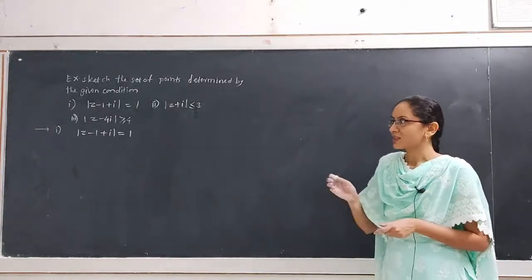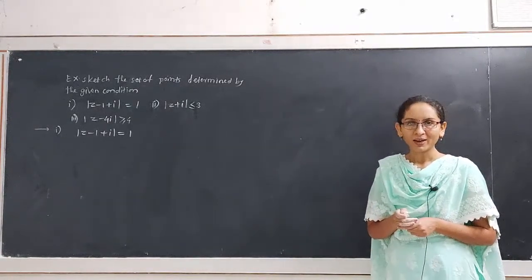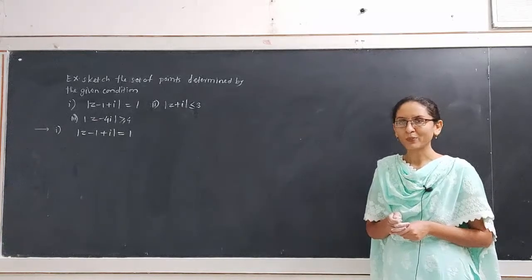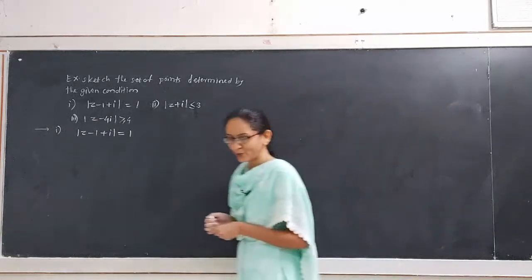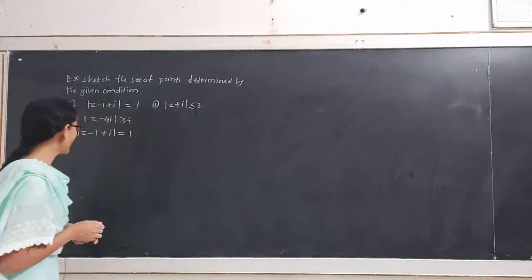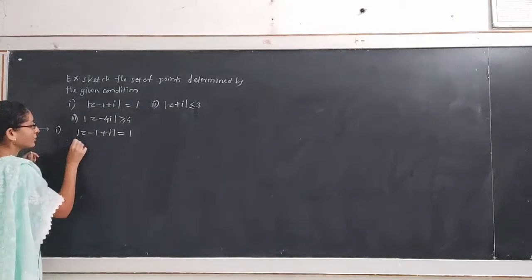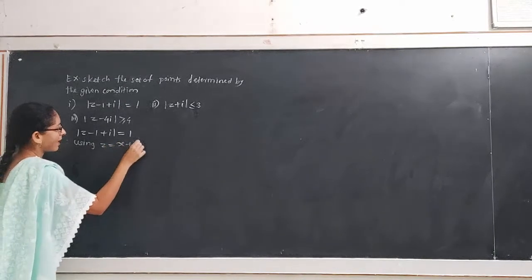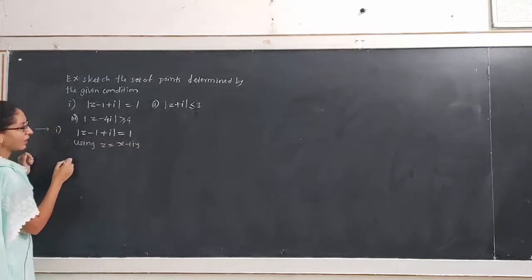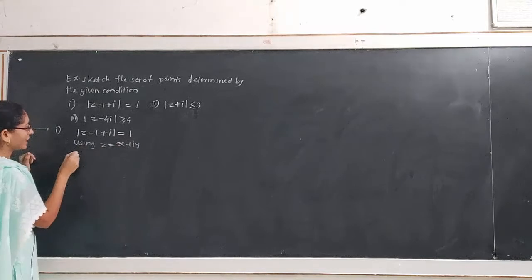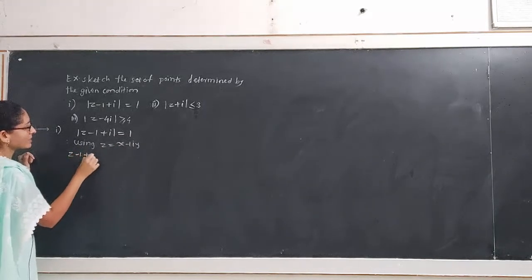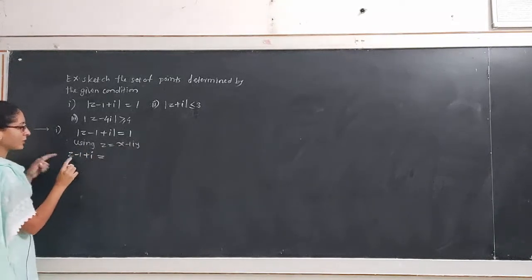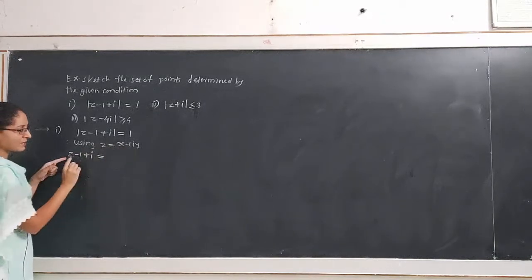So we have to convert z in terms of x and y. Hence we use the Cartesian form of a complex number, z equal to x plus iy. Using z equal to x plus iy, suppose we consider initially z minus 1 plus i. This is equal to, substituting z equal to x plus iy,